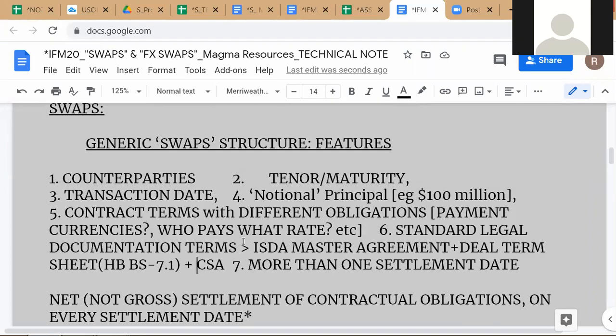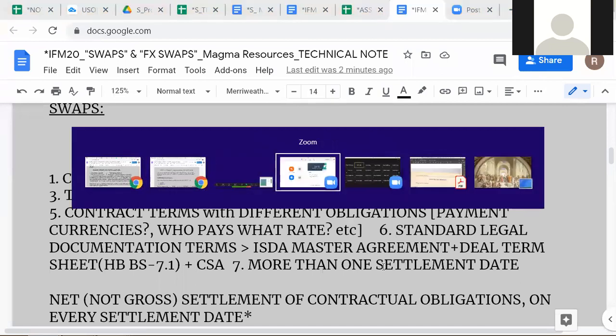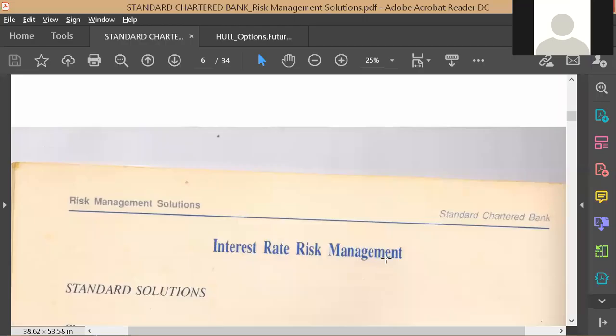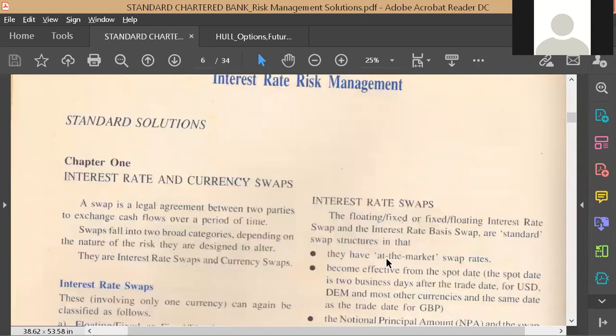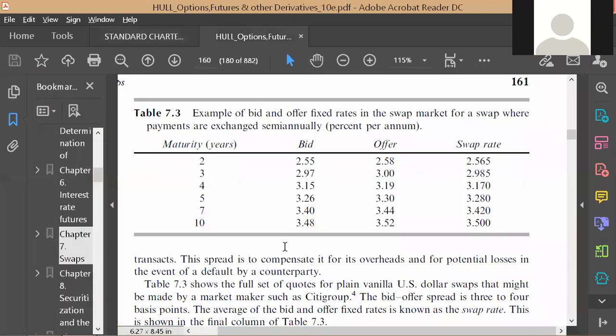Now, a very important feature of swaps, which will show you why there's a statement in Hull's book which is wrong: more than one settlement date. What we looked at the other day, we will be covering it from here. But we can go back to the Hull book and see